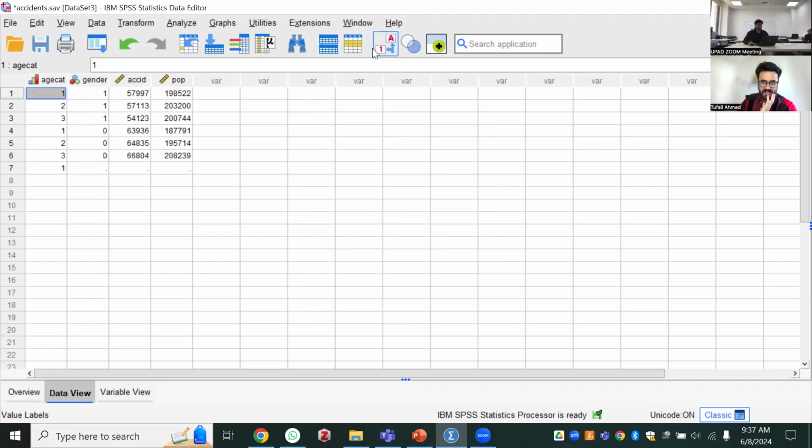It's a strange issue. Normally, you will see one, two, three, or four. And if you want to see the category, you switch it to values. So this button is used. Normally when you enter data, it can be one, two, three, as we mentioned for the categories. If you click this one, then you see the categories, the ones which we described or labeled in our variable view. So it's clear now, so we can move forward, right?